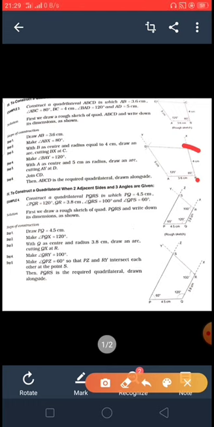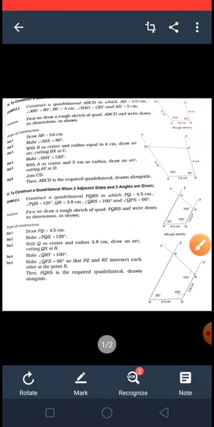Now make an angle BAY that is 120 degree, means on vertex A make an angle of 120 degree, and take the center A also. 5 centimeter radius you have to take and draw an arc which cuts AY at D. Clear? Now join C to D, then ABCD is the required quadrilateral.